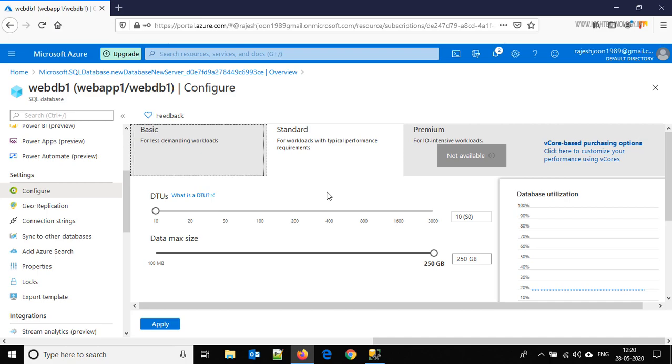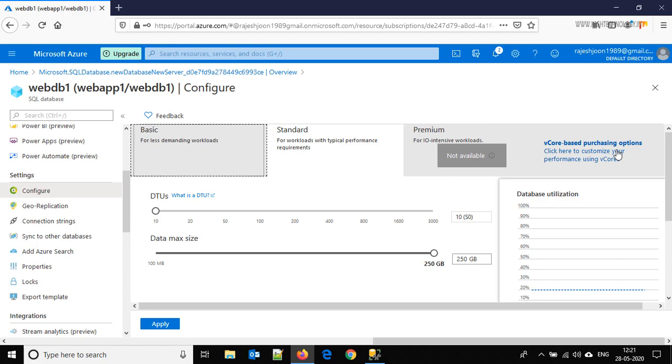Here if you want to change from standard to basic, you can change it. Otherwise, if you want to shift to the vCore based purchasing option, you can also shift. Let me also tell you a bit about what DTU and vCore based purchasing options are in Azure SQL. vCore based is the model recommended by Azure, and this purchasing model provides a choice between a provisioned compute tier and a serverless compute tier.